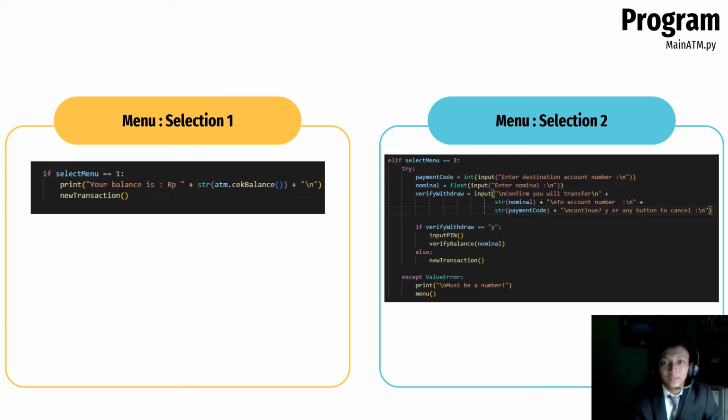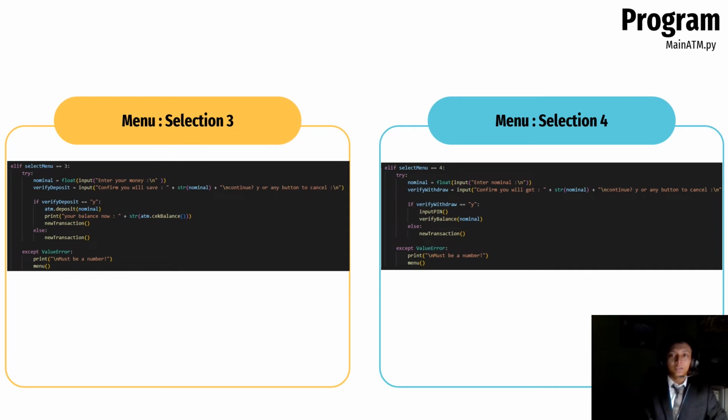If it is yes, the program will call the input pin and verify balance function that takes the nominal parameter. And if it is no, the program will call the new transaction function. Here I also use try and except to show a message that it must be a number when a value error occurs.